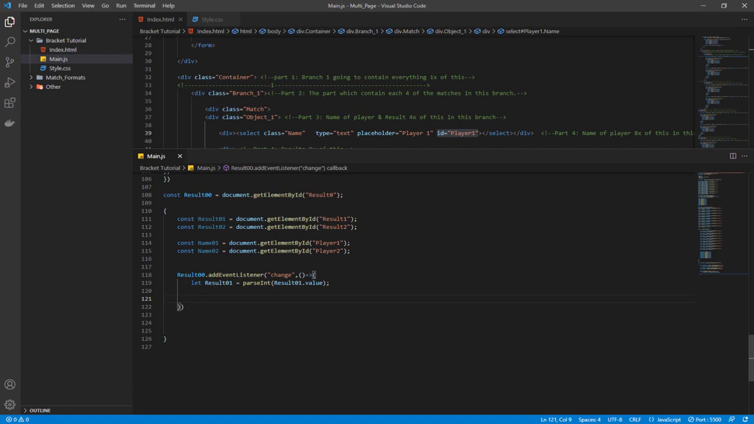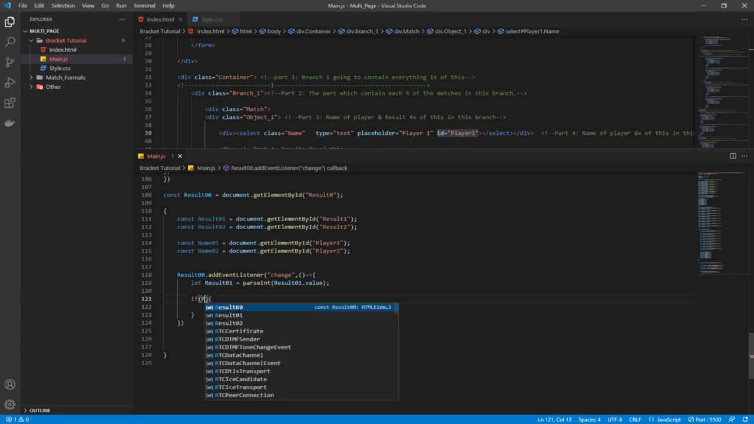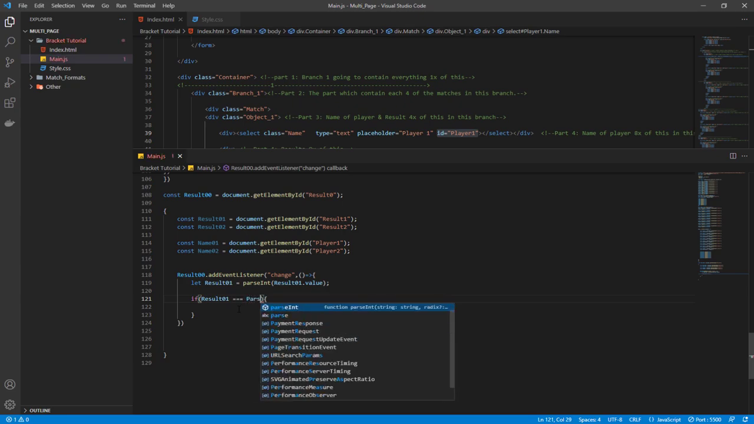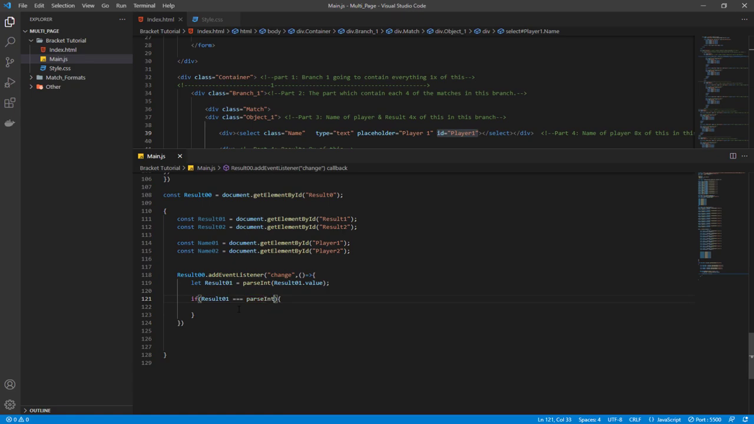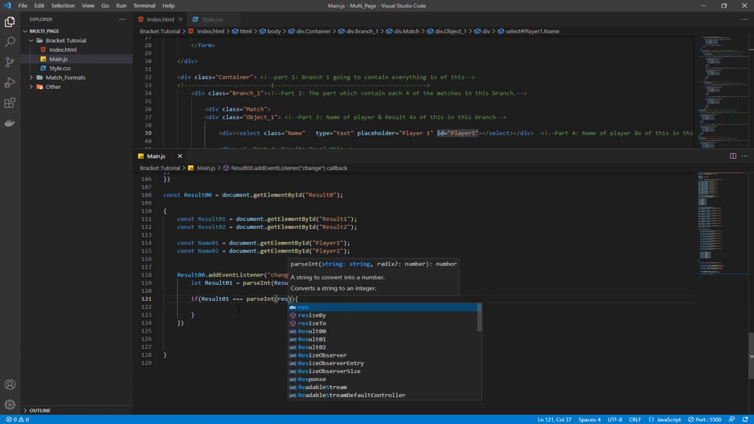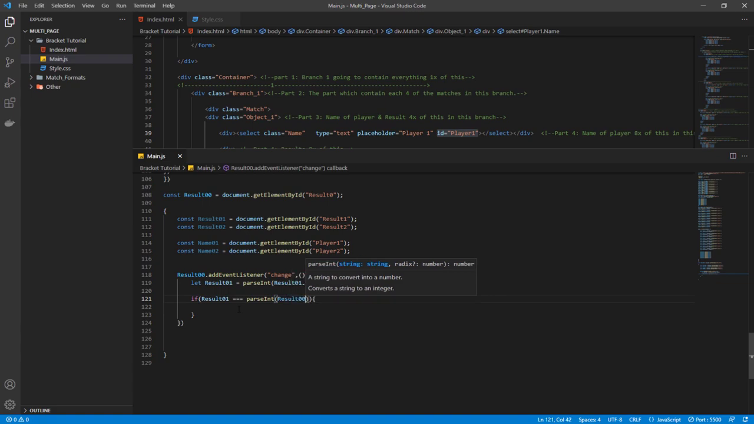Now the if statement is going to start. If result01 is equal to parseInt result00.value. Isn't it? No, it's okay. So if this is the case, then we want to